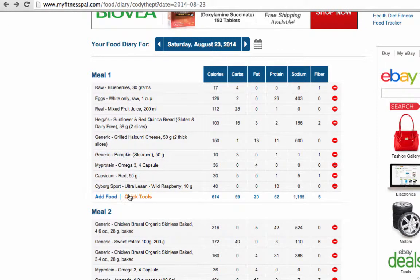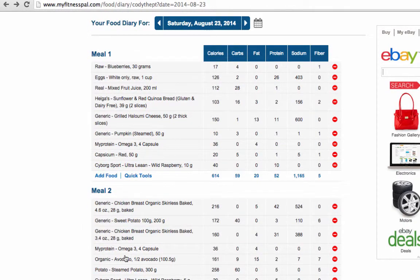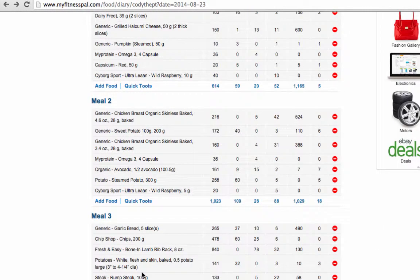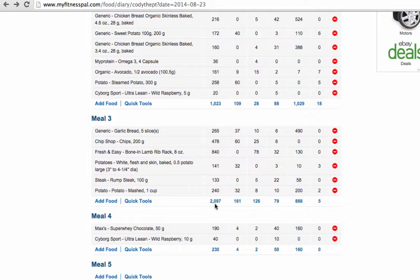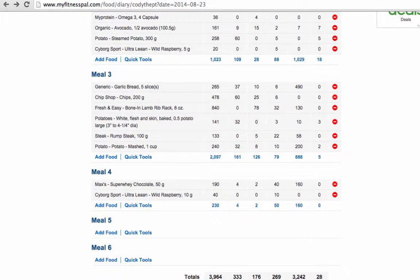You can see all these things that I consumed for breakfast because I had breakfast out. During the day I had a couple of meals prepared, trained that day, did legs, and then went out to dinner. So this was the refeed meal here, and you can see that there's 2,000 calories for the meal, but the problem is 126 grams of that came from fat. Generally, that's not optimal. If you look at my goals for the day, it was only like 70 grams of fat here. So that basically means that 900 to 1,000 calories came from